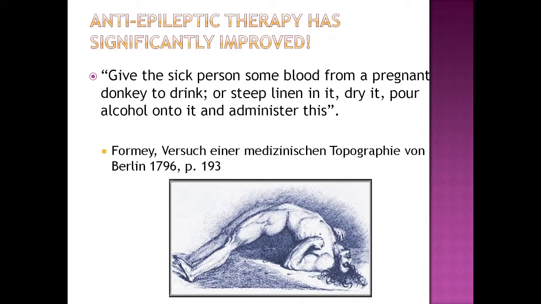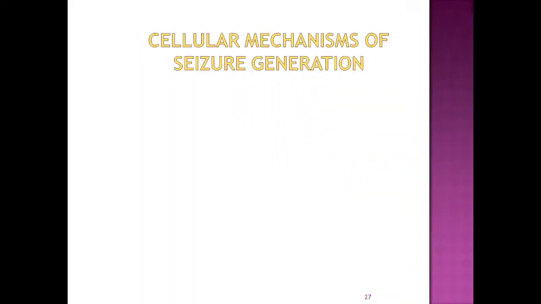So we will start with a little bit of history of... before history, let's have a look at the cellular mechanisms behind seizure generation. If you understand this, you will automatically remember the basic mechanism of action of anti-epileptic or anti-seizure drugs. Okay, so we are continuously talking about seizures, and we are saying that seizures are basically due to an abnormal or excessive electrical activity in the brain. What could lead to this abnormal or excessive electrical activity in the brain?